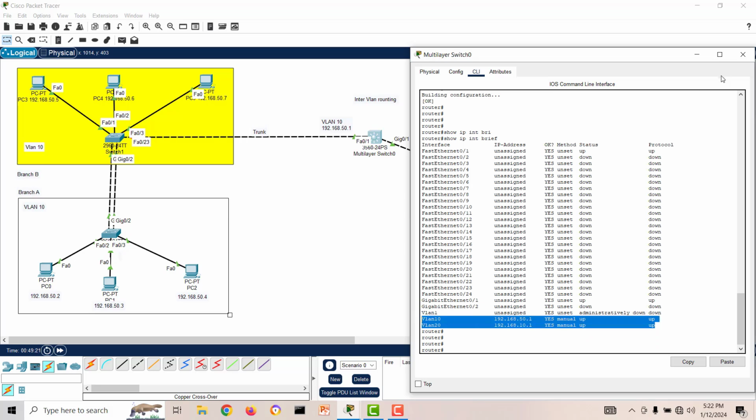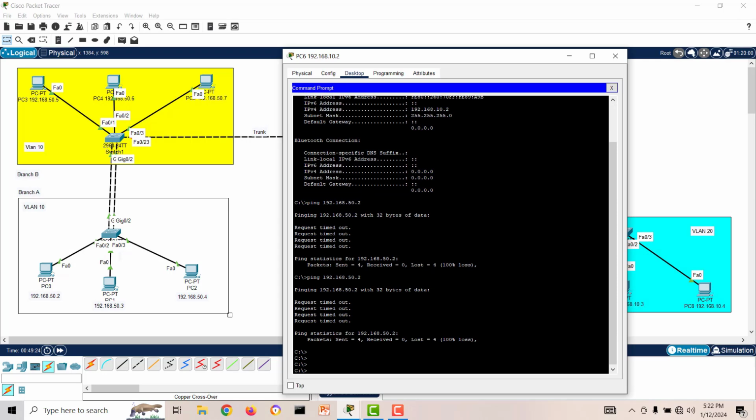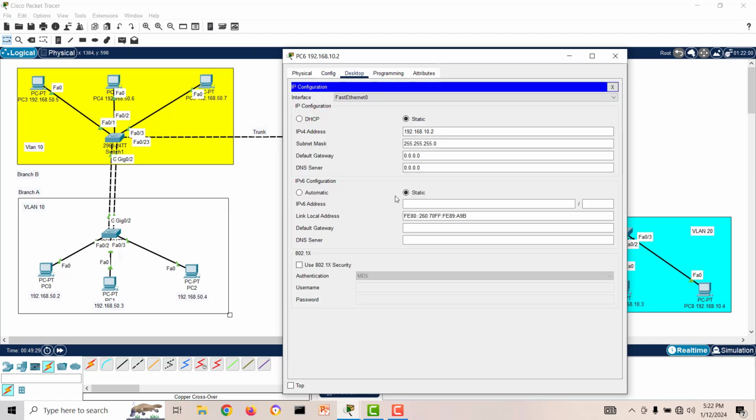Let's try one more time. This one will give IP address, gateway. Remember, you have to put a gateway here on this PC, that your gateway is here. And this PC